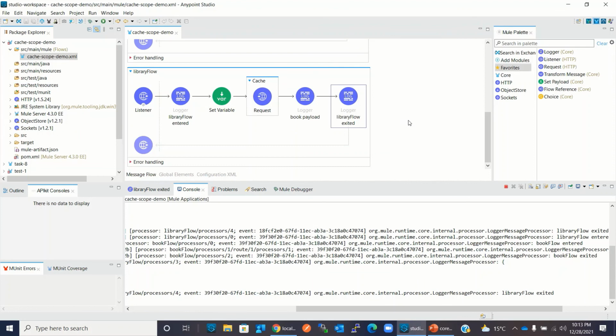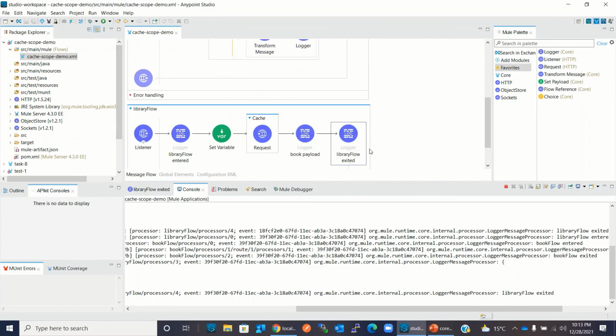Now this processed one time. Next time we'll call again book ID 200. It won't go to the book endpoint. It will directly retrieve from cache. So let's try again.